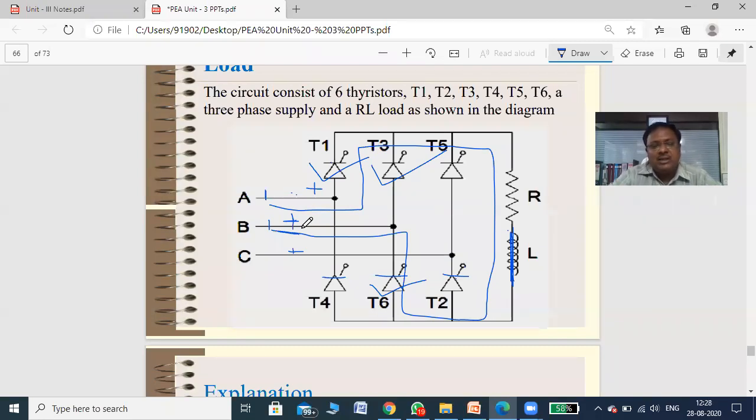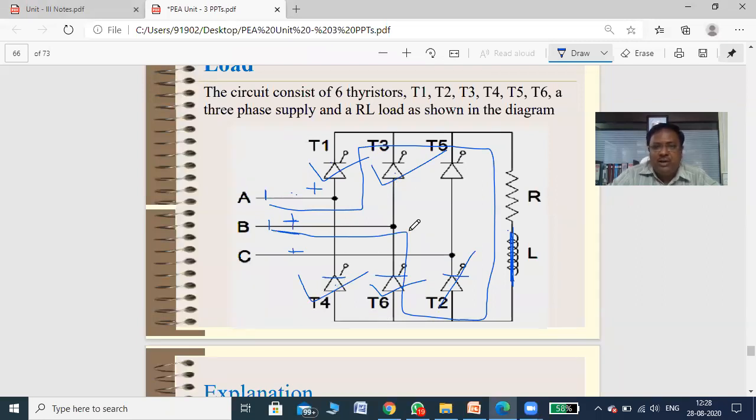What happens exactly? A pair of thyristors conducts for only 60 degrees. Initially, we can start from T1, T2. So T1 and T2 conduct for 60. Then T2, T3. The outgoing SCR is T1, the incoming SCR is T3, right? So SCR T1 turns off, but T3 turns on. So T3 and T2 conduct for again 60. Then T2 is the outgoing SCR, T4 is the incoming SCR. So T3 and T4 again conduct for 60, right?